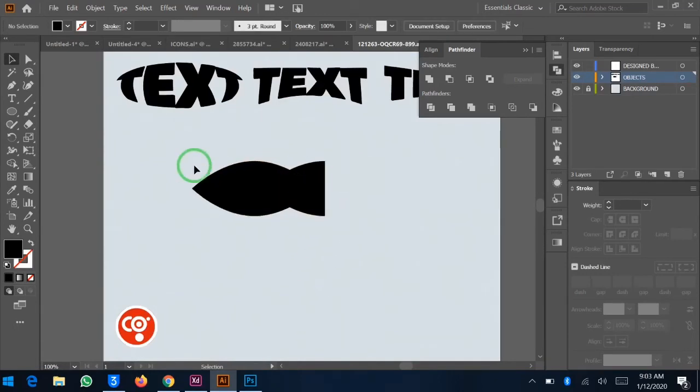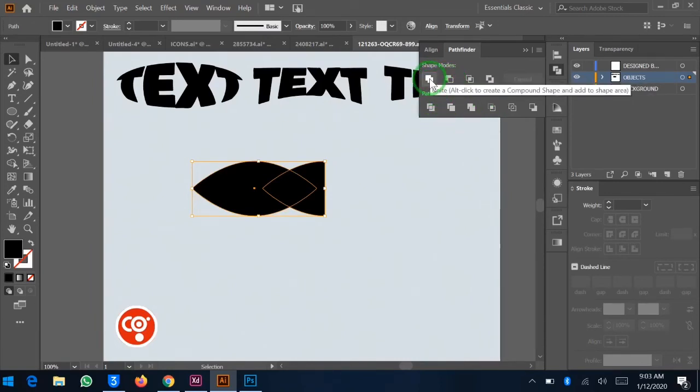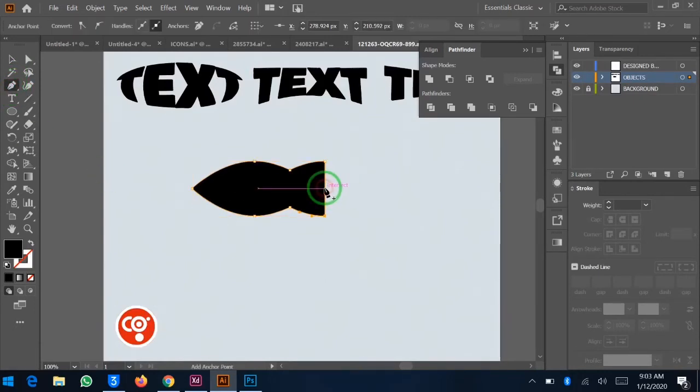So once we ungroup, we click on one, we can simply select and delete. Okay, when select and delete, we can select this boat, then we have to join these two shapes to become one by clicking on this unite button. You see, now we have just simply one custom shape. Very good. So next we are going to click on your pen tool, click on the bottom side, double click on it, then you have to, okay, no,